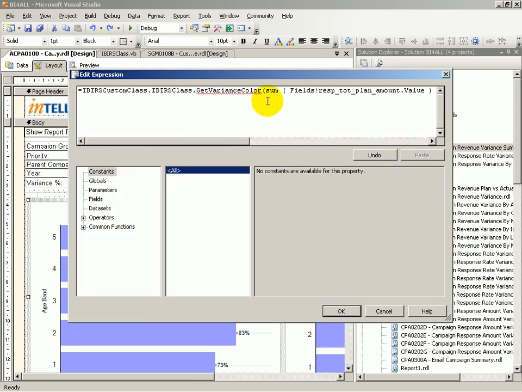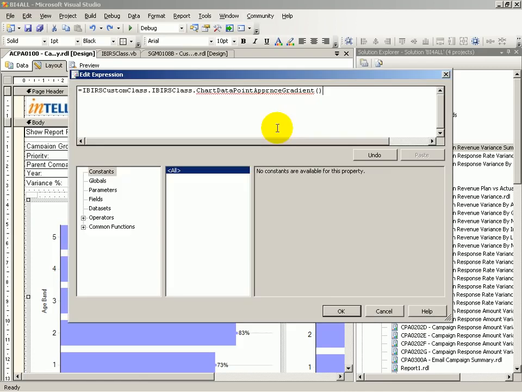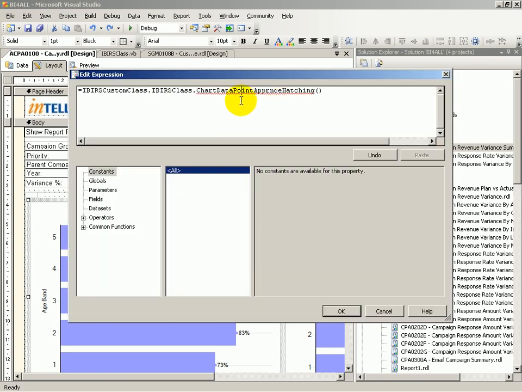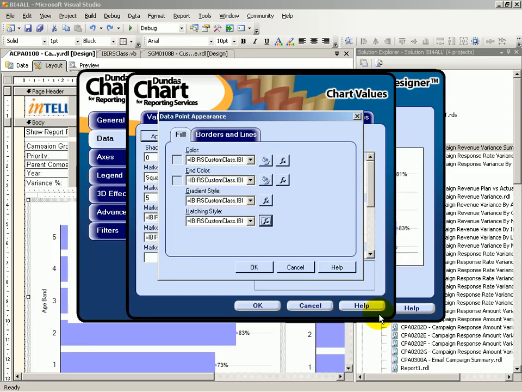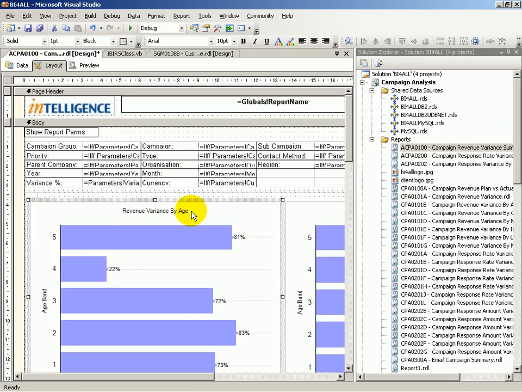End color would be again set the variance color. Gradient style would be chart data point appearance gradient. You go and get that from the custom assembly. And hatching style would be chart data point appearance hatching. Okay. So I just wanted to give you a flavor of this is how the custom assembly was invoked inside